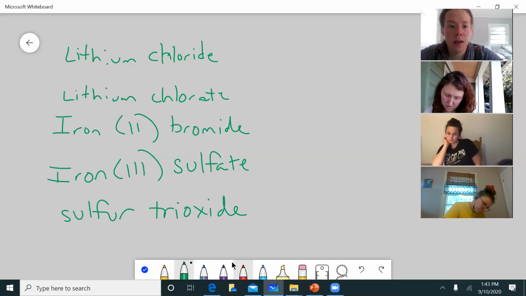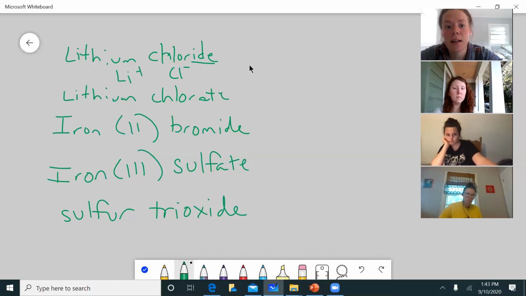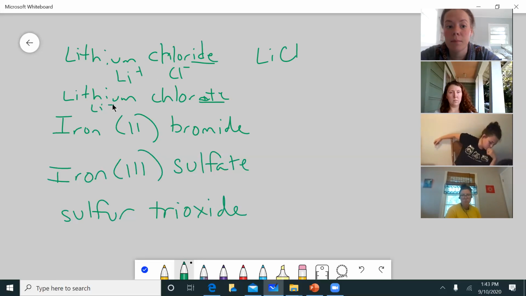So looking at this first one here, I've got lithium chloride. This is a metal combined with a nonmetal, and the ending is -ide. So I know it's talking specifically about chlorine. Li has a plus charge, Cl has a minus charge, so it should be LiCl. Lithium chlorate looks really similar, but it's different in that it's ending in -ate. So I know I'm dealing with lithium and ClO3 minus. All right, flip flop, I get